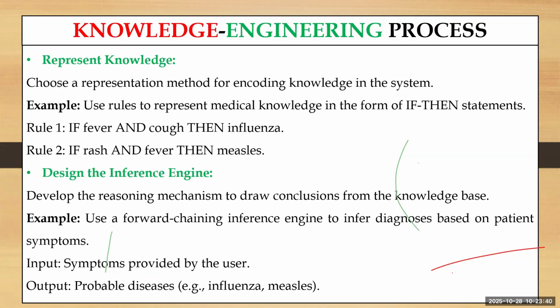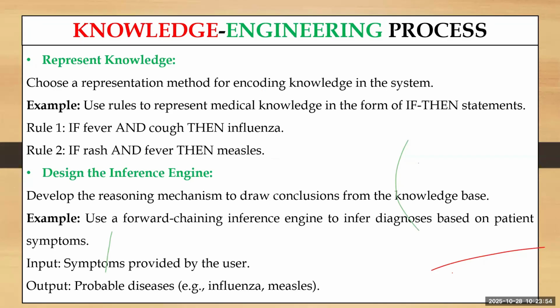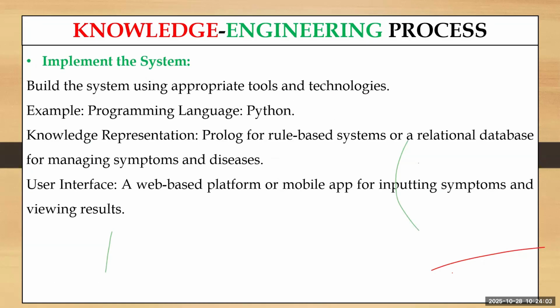Okay, so what is that? First we need to identify the problem. Okay, why we are going to develop the system, and then based upon the problem statement, we need to acquire the knowledge. Okay, and then once after we acquire the knowledge, we need to represent that knowledge. Okay, so once after representing the knowledge, we need to identify which inference we need to follow. Okay, and then once after we finalize these things, meaning purpose and then problem, sorry, knowledge acquiring, knowledge representation, and then this